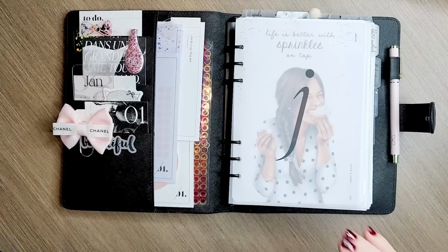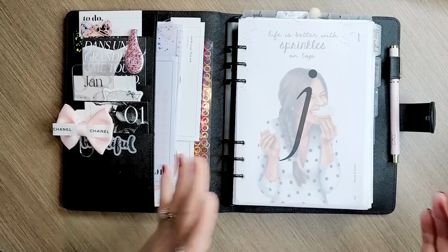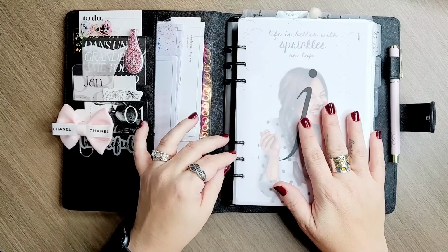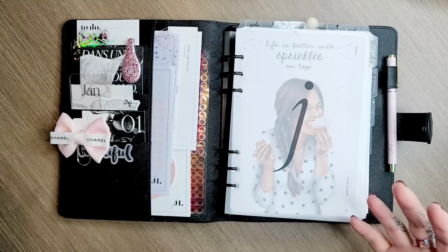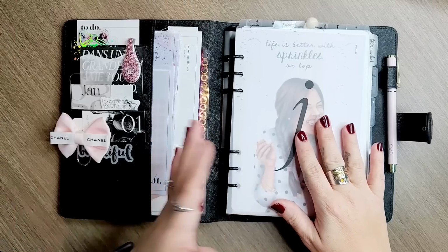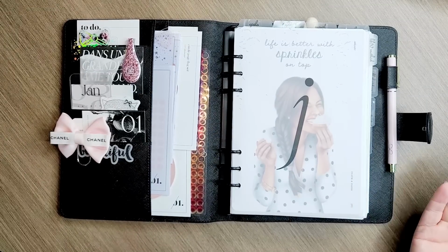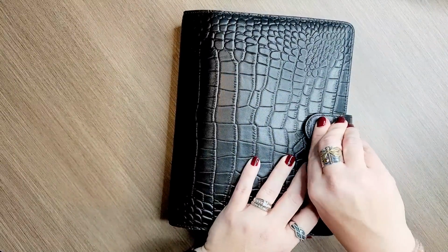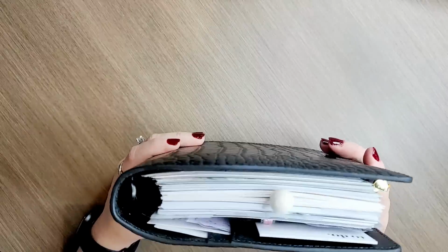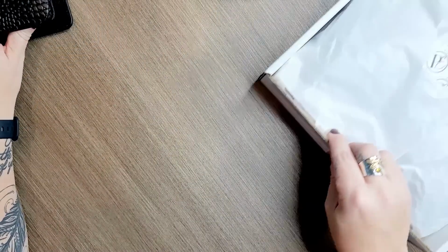And we'll see how I set it up for February if you guys want to see another flip through to see how it changes and what I use. But what I love about a 6-ring binder system is just the fact that it is so flexible that it's like, okay, I can see what's not working and I can change that out for different planner pages for next month and see if that works better. Instead of being married to one system, I have the ability to stay flexible. So that is this gorgeous Cloth and Paper. I'm going to set it up again for the month of February, but now let me show you some of